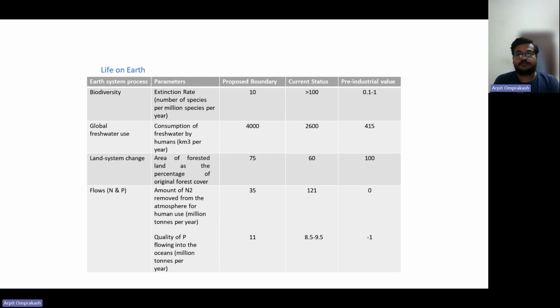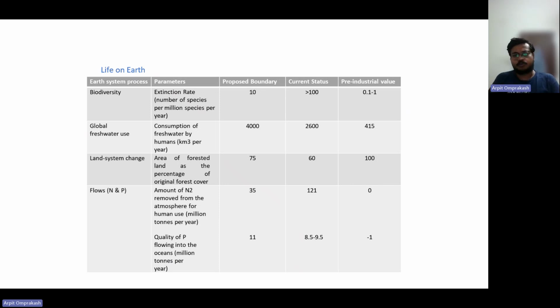Then global freshwater use. This is consumption of freshwater by humans in cubic kilometers per year. Here we see that the current status is well within the proposed boundary, but it is quite high compared to the pre-industrial value. So we need to plan carefully and manage and tackle this better. Biodiversity needs very high